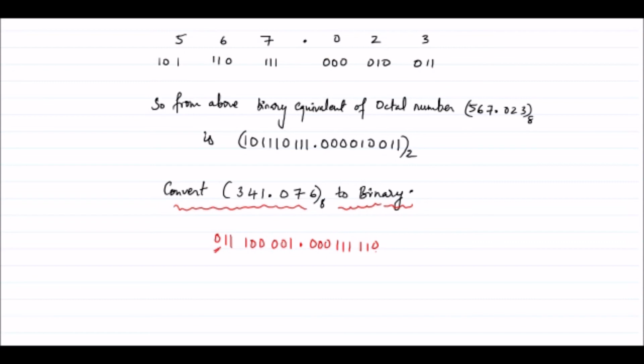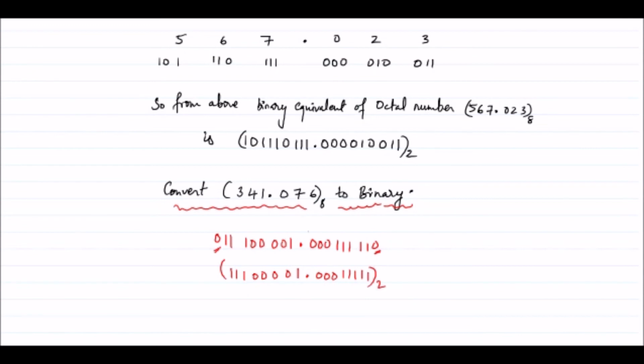As you can see in this example, we have 0 here in the last MSB, and here also. So you can eliminate this because there is no use of writing these values. So I can write simply 11100001.000111 11. I can stop here and I'll close these brackets and put the base 2 value.